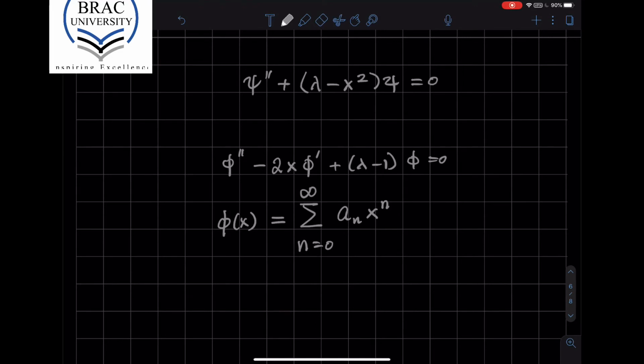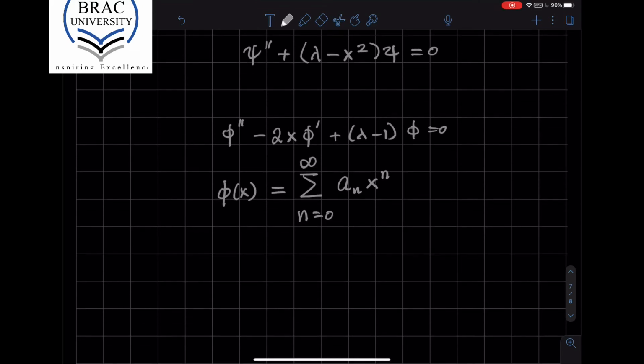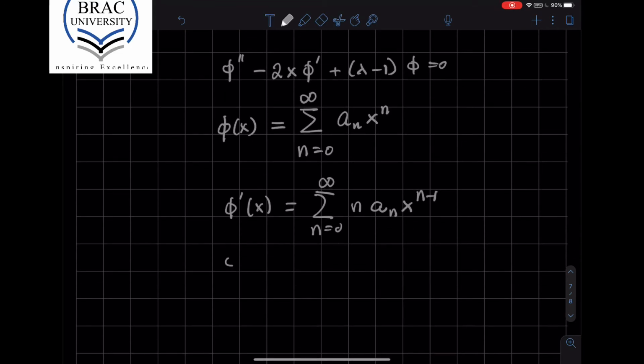Otherwise it would blow up. So if we do this, then using the series method, if I take the first derivative of phi, we get... And if I take the second derivative of phi,